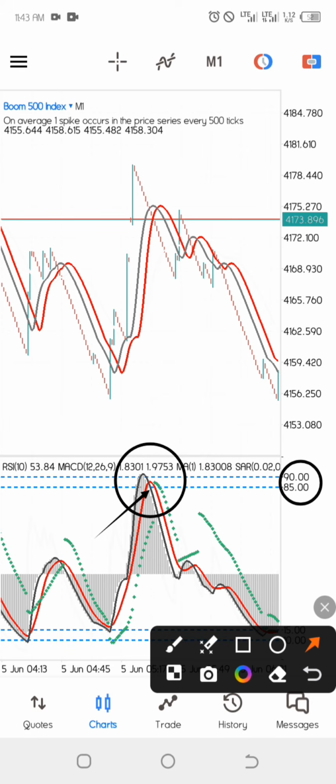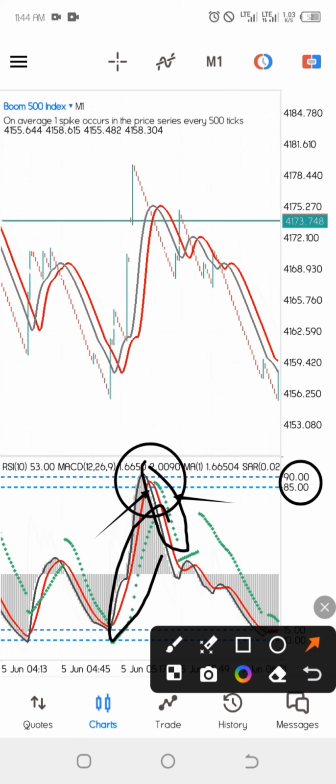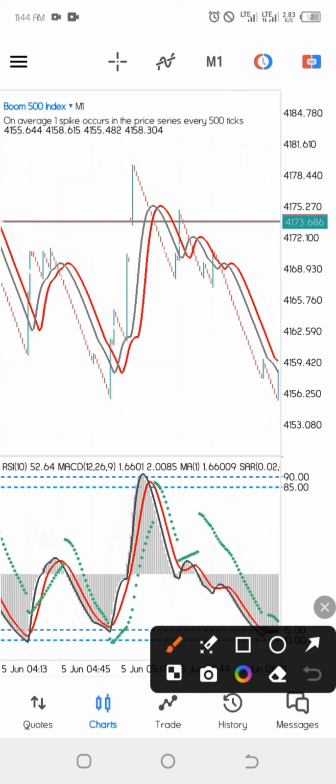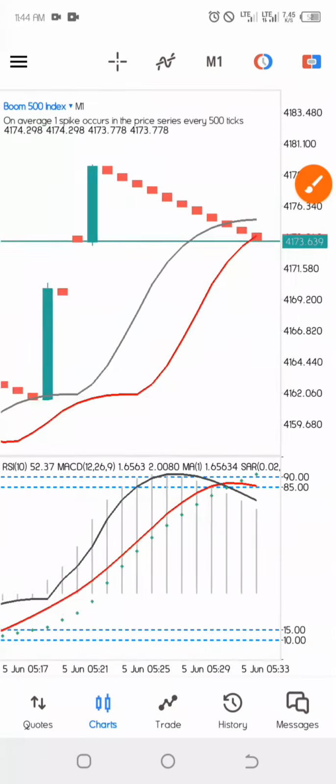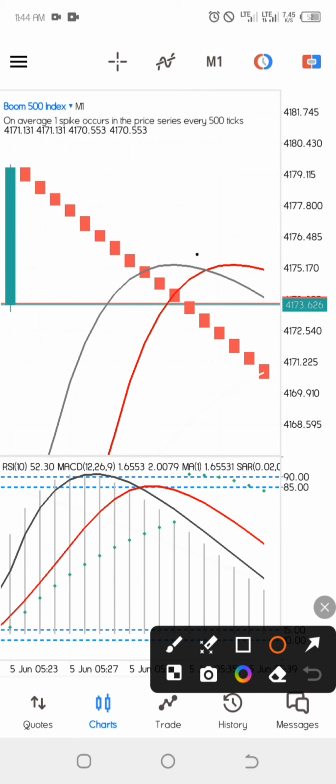After the crossover, the next thing we want to see is the parabolic SAR move above the MACD and the moving average line, not below it. It has to move above it. After it moves above it like this, and the dot is counting above the MACD line, the next thing we have to do is look into our main chart. We want to see the crossover happen. After the crossover, we want to see a candle close below it. You can clearly see it right here. This is where the crossover happens, and this is where the candle closed